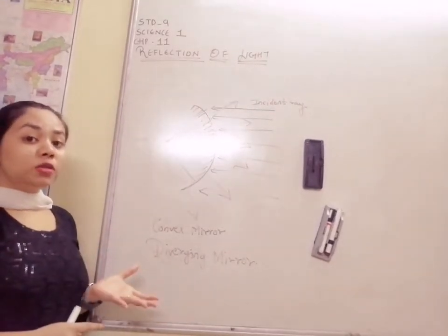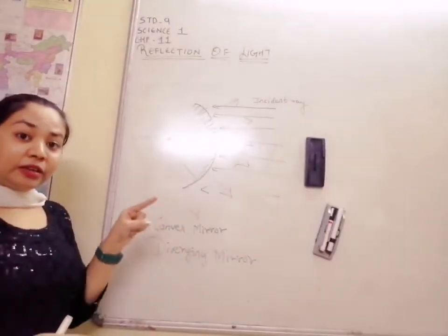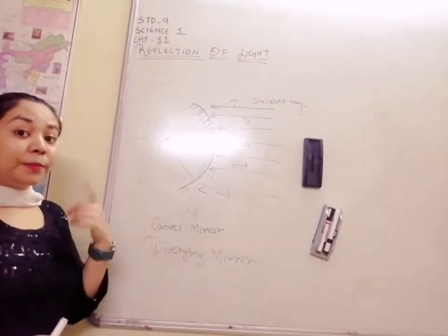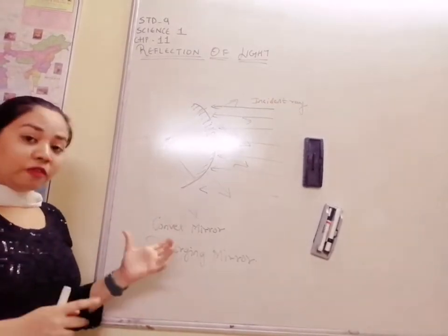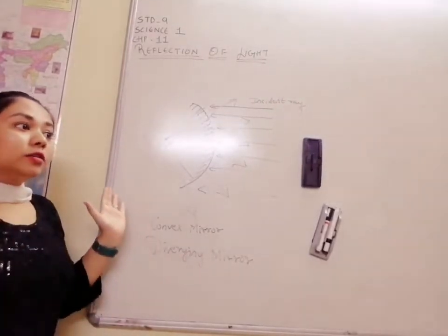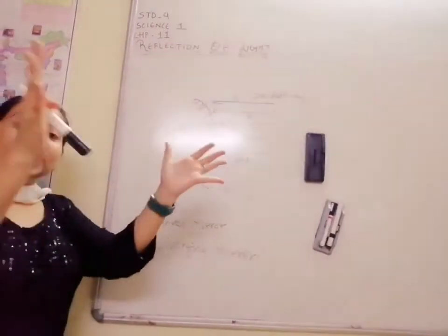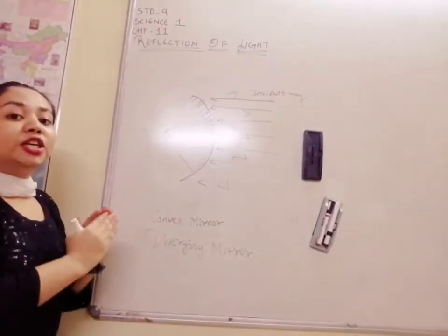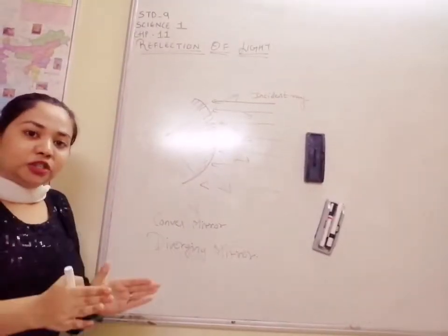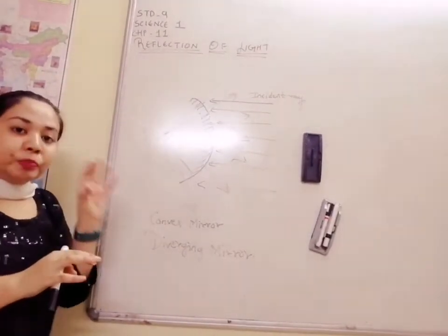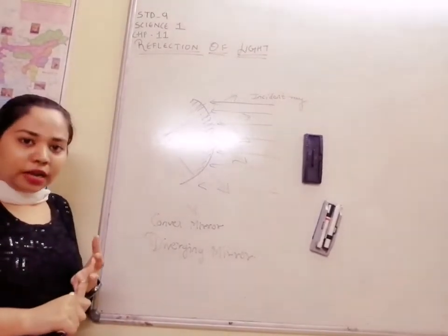So what will be its use? You have seen in the vehicles you have a side mirror. In that it is written what? Objects in the mirror appear to be closer than they are actually. So convex mirror tries to take the image of very far distances also. मतलब बहुत दूर रहेंगे तो बहुत सारी जगह का वो एक साथ में image it can form, because a reflected ray will diverge everywhere, so it can collect more images in one single small mirror. So it is used in the side mirror of vehicles, also in big buildings like towers and all.